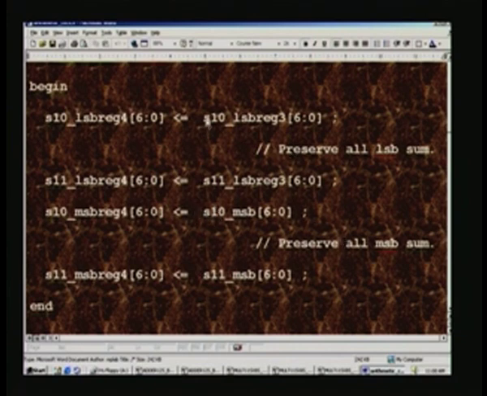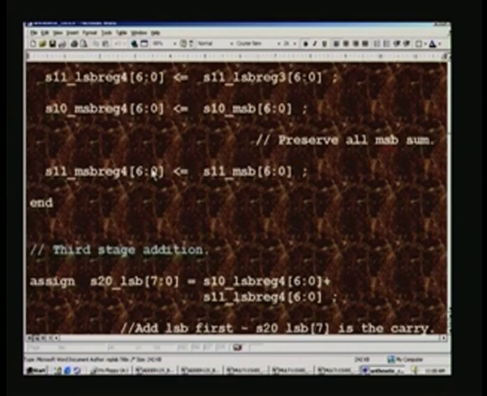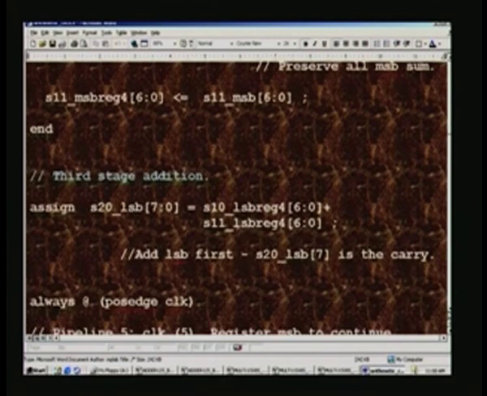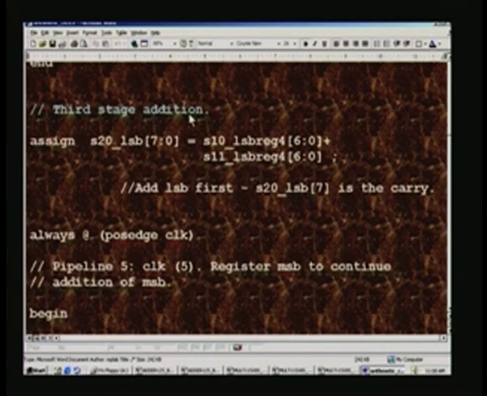Note that in the second stage we have only two outputs, and once again the last bit will be the carry, or even the sign bit. So in the third stage addition, this is the final output that we nomenclature as, and from second stage what we got was S10 and S11, and that was only LSB, and therefore we had to add the two LSBs of the second stage, and add LSB first. S20 LSB7 is the carry here,